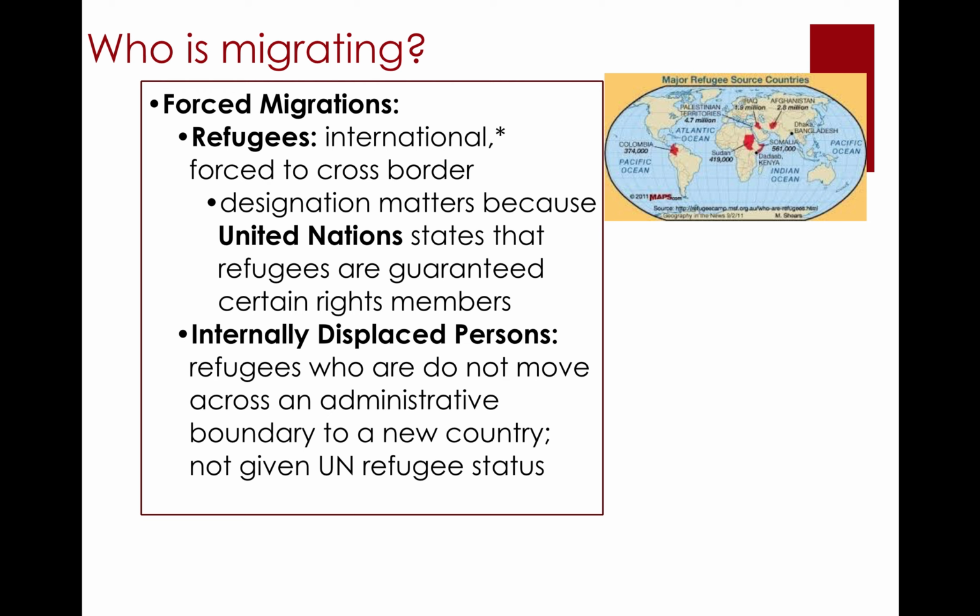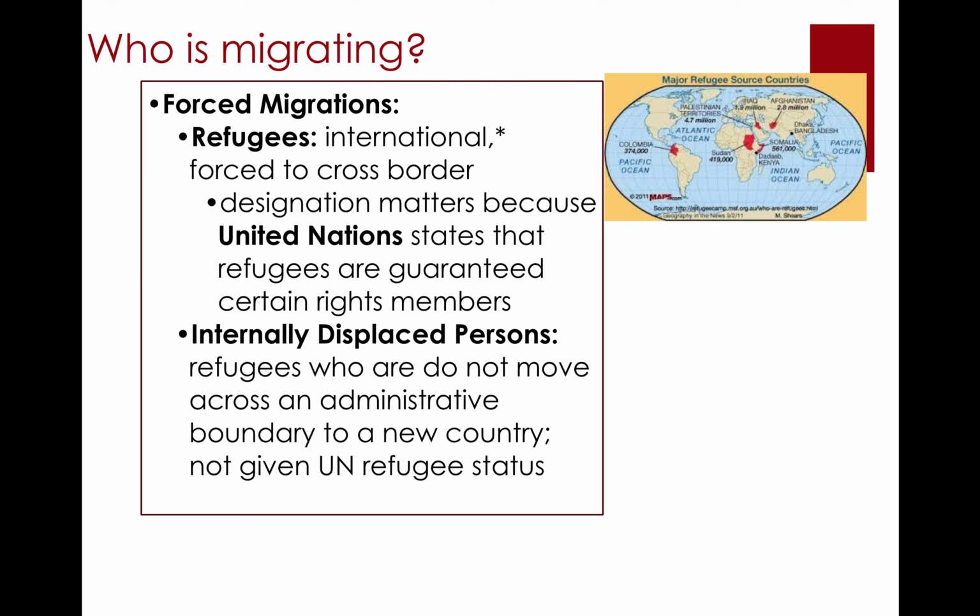the UN says that those refugees are guaranteed certain rights. They're guaranteed rights to security and to food and to shelter. And it is the job of the receiving nation to help provide that for them. So unfortunately, what that often results in is many countries refusing to give people that refugee status. They're not acknowledging them as fleeing persecution, or they're saying this is a voluntary move when perhaps it truly is forced. Some of this is political games. Some of it is the inability of a country to provide those basic needs if they themselves don't have the ability to provide for their own people.